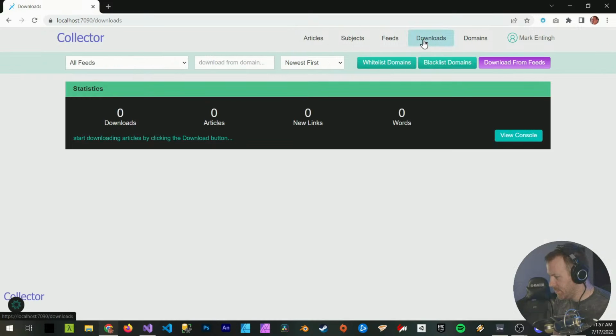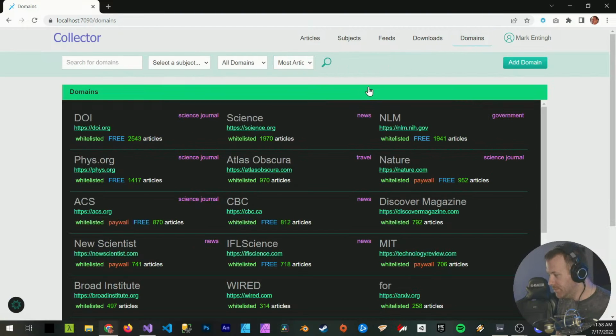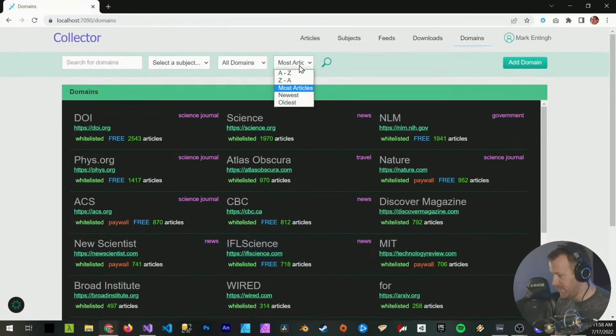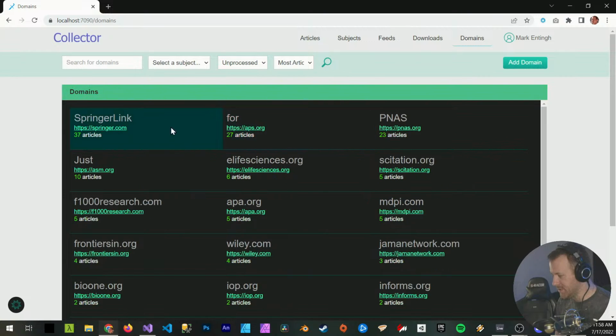So what I'm talking about is when I go to my downloads here and I click homepages only, I think it should download the homepage of every single website it comes across. The reason being, I want every domain, including unprocessed domains. I want these domains to have